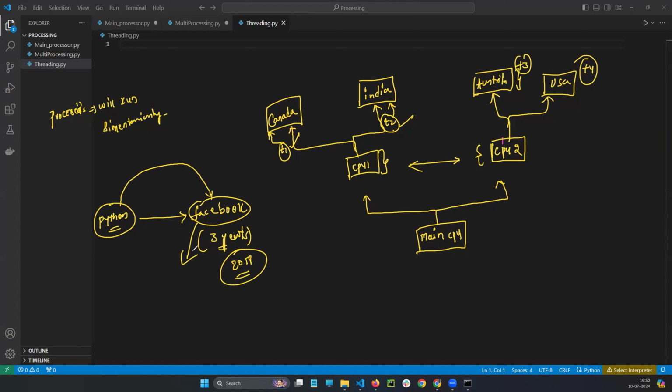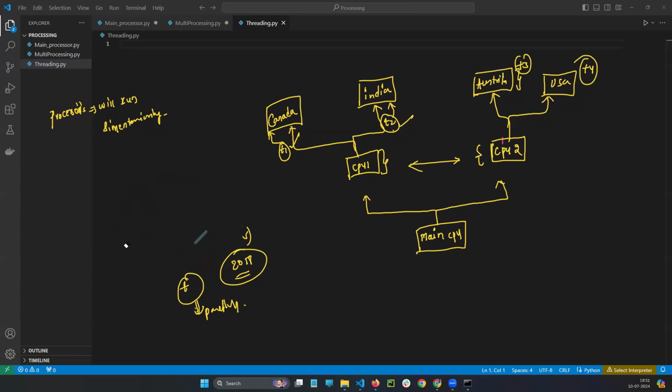Now the Facebook team is working on Python. In 3 years, they are going to change everything in Python and make sure that threads also run parallelly, simultaneously. If threads in Python work simultaneously, that will be the end of Java, because just because of this Java is ruling till now. If Python overtakes, everyone will use Python only.